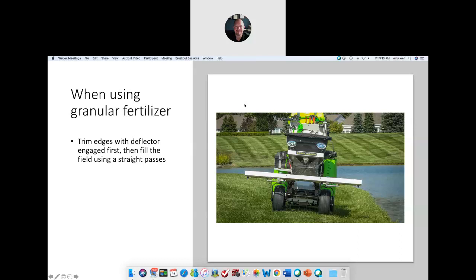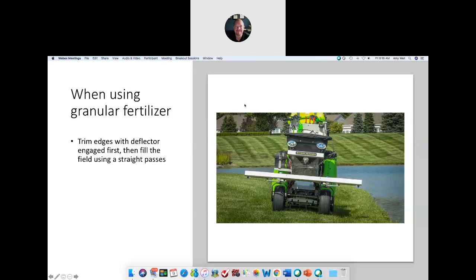I always recommend doing that first because in the event that you didn't, let's just say that you go do your property and then at some point later on you start edging or bordering the property. You might leave that deflector engaged, and then when you go to start the next job, you may forget to disengage it, and that could create a real problem with striping on a property. So one little tip, like I said, is I always recommend to border or edge the property first,